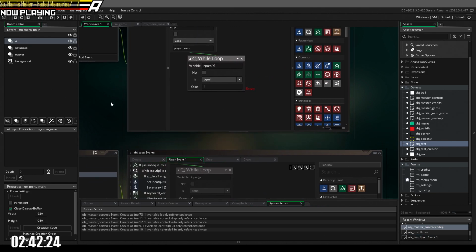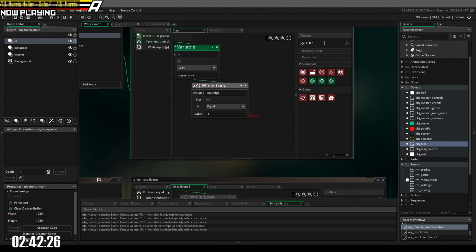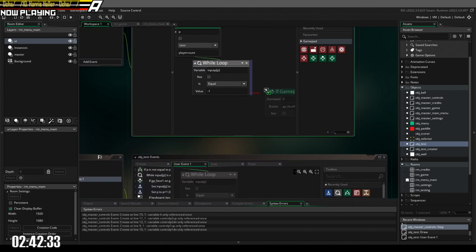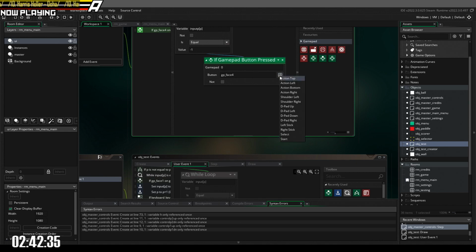Okay, if gamepad button pressed, action bottom,